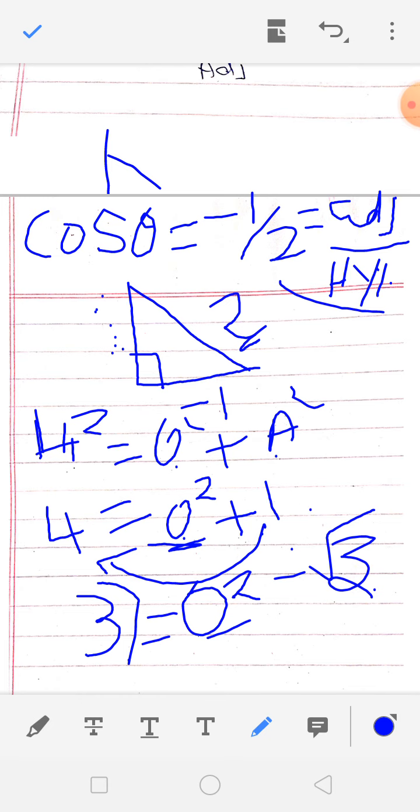Okay, that's it. So what are the values they have given? Cos value is equal to minus half, correct? So the adjacent value is minus 1, the hypotenuse value is equal to 2, and we just found the opposite side value is equal to root 3. So do you all know how to find the opposite side? If any two values are given, you can find the other value simply. What is the formula? Hypotenuse square is equal to opposite square plus adjacent square. Substitute and find the value. That's it. Simple one.